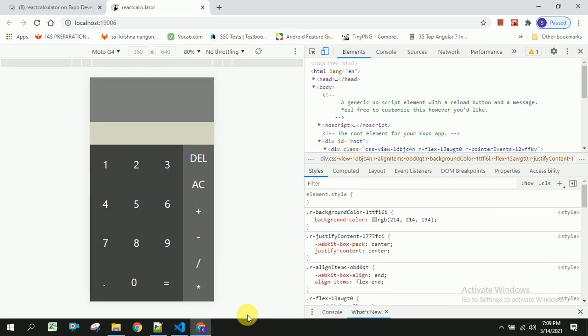In our previous tutorial on the React Native Calculator series, we have seen how to create the layout of this calculator and how to create all these buttons and stylings and operations. So we have seen how to render the data whatever the user has clicked here, and we have seen how to render these operations as well.